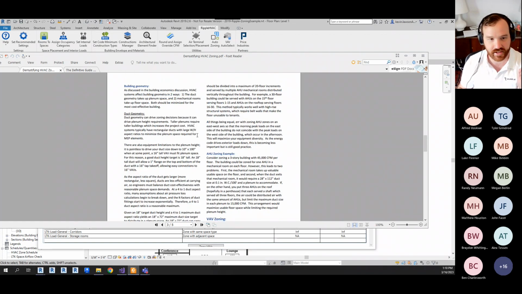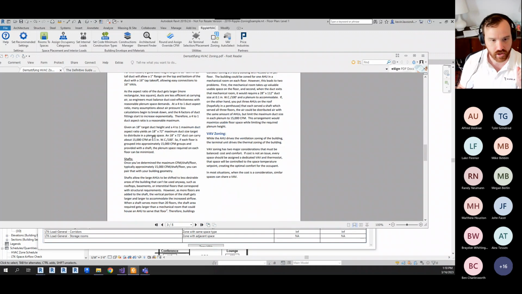So the reason I picked 15,000 CFM is because the target duct height that I like is 18 inches. So an 18-inch tall duct, you have to fit an 18-inch tall VAV in this plenum anyway. So making a really tiny duct doesn't really make sense because you have to fit the VAV anyway. And then if you stick with a maximum of a 4:1 aspect ratio, that gives you an 18x72 duct. And an 18x72 duct can carry 15,000 CFM at 0.1 inch water column per 100 feet. So that's a reasonable